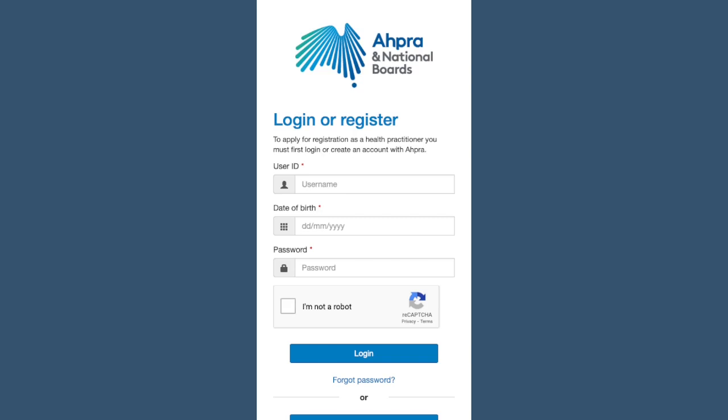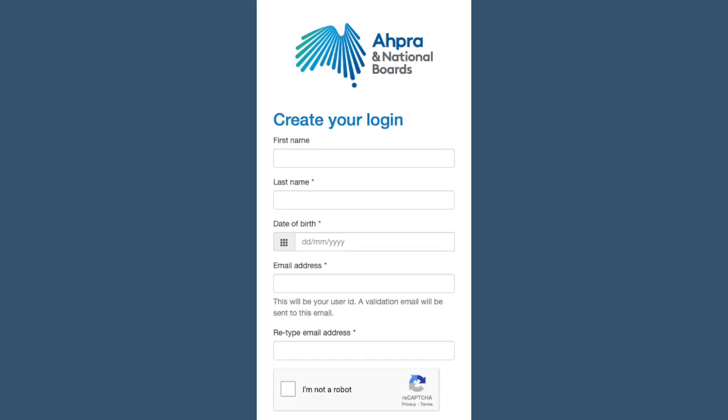Once you click on the proceed button, it will take you to a new page and ask you to create a login. The login is nothing but a simple form where you input your first name, last name, date of birth, and email address, and when you click next, you'll receive an email from APRA. Validate that email, and then you'll see what an IQNM dashboard looks like. I'll show you an IQNM dashboard once we have completed all three streams, so you have a better understanding.